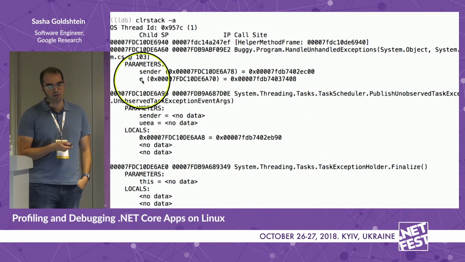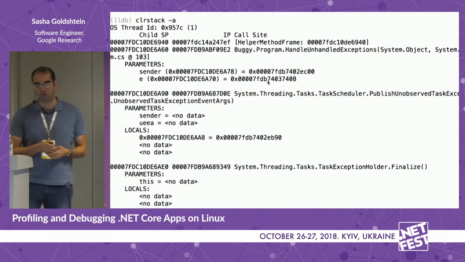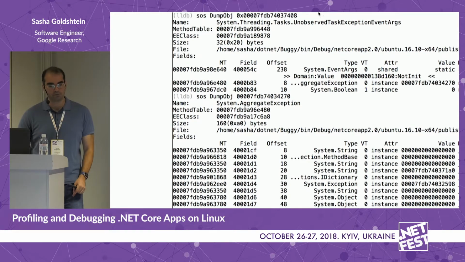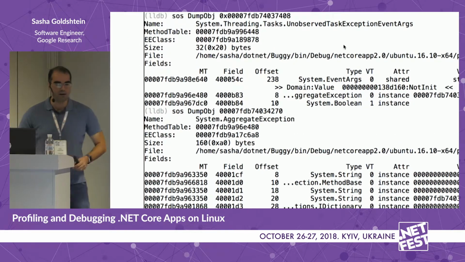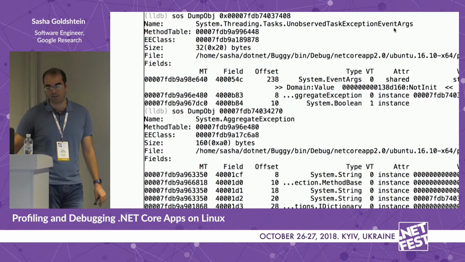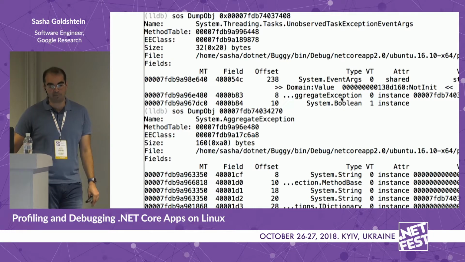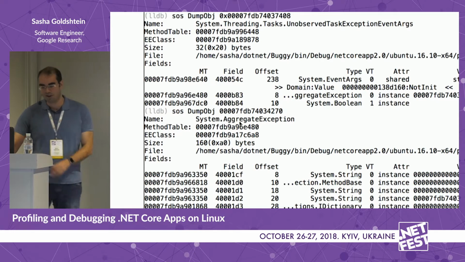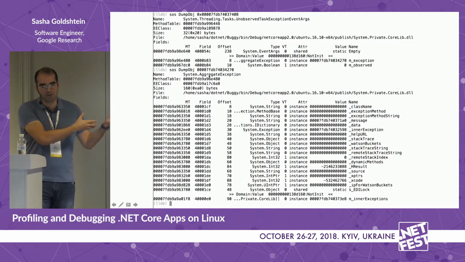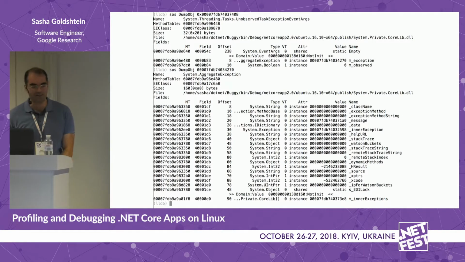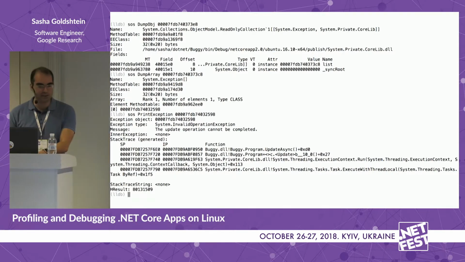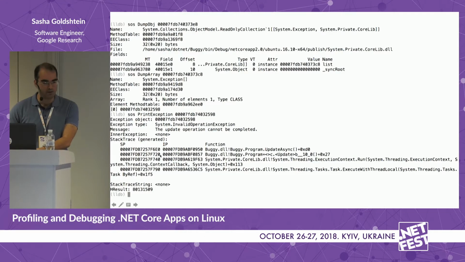There is this e over here, which looks like an event args object, and this is the address for it. So I'll just ask the debugger to show it to me, and this is an unobserved task exception event args indeed, and one of its fields is an aggregate exception over here, and this is the address. And we can take that address and display it and find it's an aggregate exception. I don't really expect you to be able to follow this right now, but you can look at the slides later. And at the end, it brings us to the real exception that happened